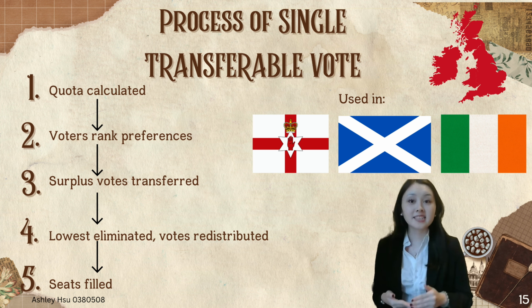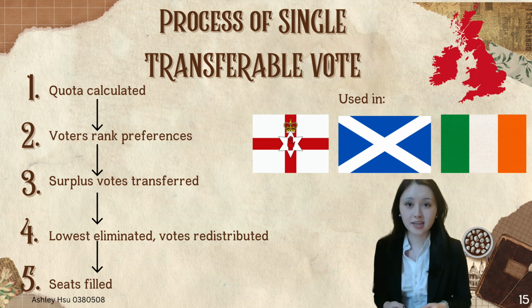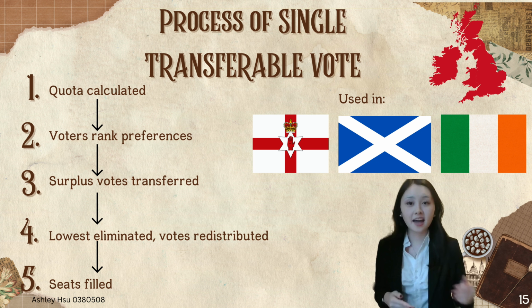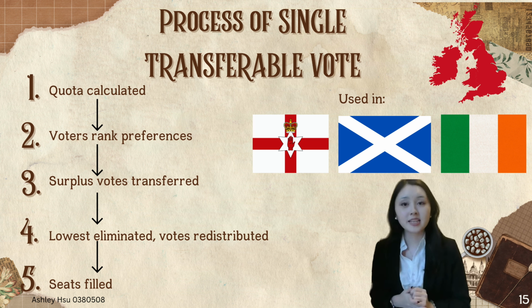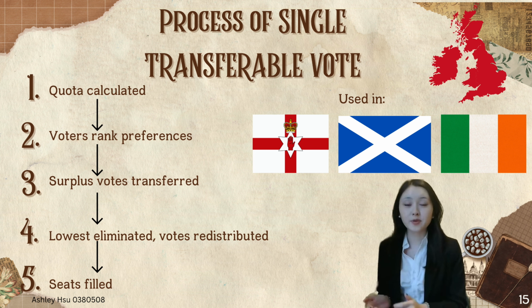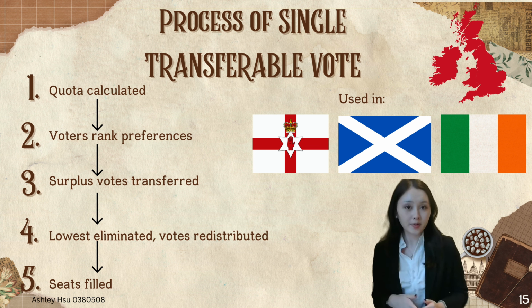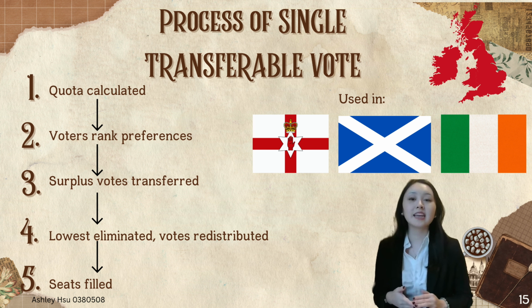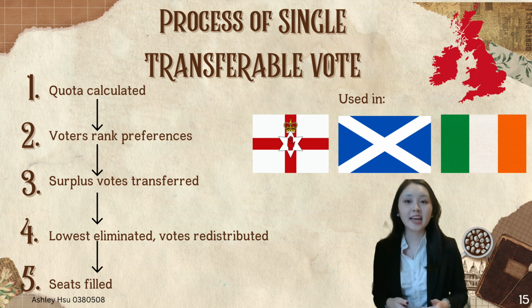The process of the STV entails establishing, firstly, a quota of votes. A quota is a number of votes needed for a candidate to be elected and is calculated using a formula. For example, if a quota is 50 votes and a candidate gets 55 votes, they would then be elected. Surplus votes would then be transferred to the next preferred candidate on the voters' list. Following the example above, the 5 extra votes would then be transferred to the second most preferred candidate on the